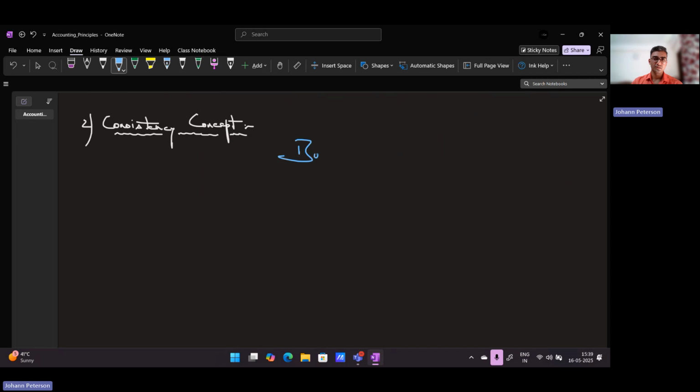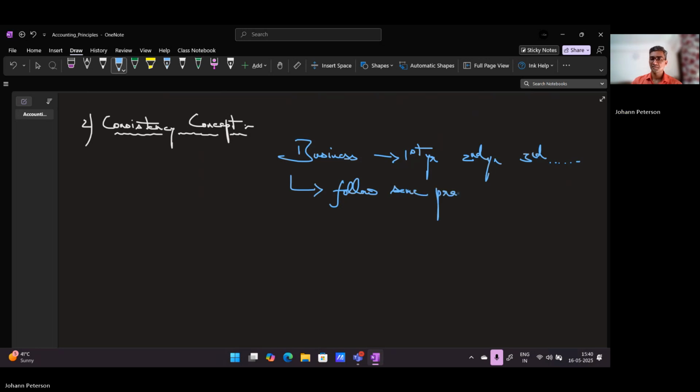So in business, for the first year, for the second year, for the third year, and so on and so forth, for the number of years that it continues to exist, for those many years, it has to follow the same practices. It cannot change it. There shouldn't be any change in the practices which have been started in a business from 1 year to the next. So therefore, the consistency concept says